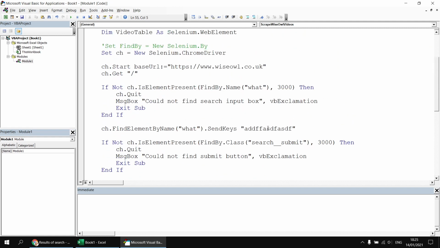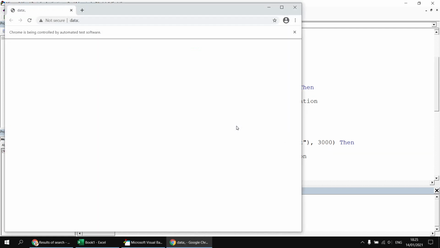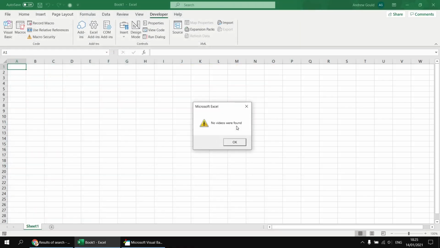So our current search phrase is nonsense. Let's change that. Let's go for DAX measures. I know we have lots of material on the website about DAX and measures, but I'm pretty sure there aren't any videos yet. So let's run that subroutine now, and it will do the usual thing, but tell us that